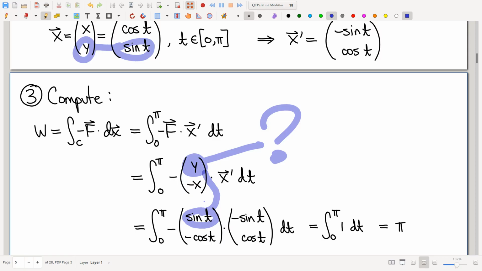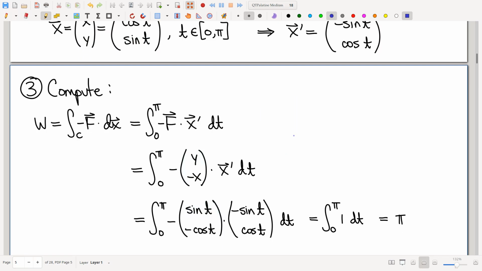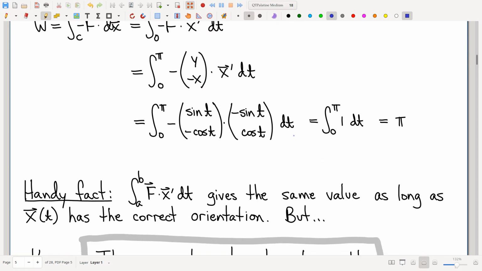And you multiply some stuff out. You simplify conveniently, the Pythagorean identity kicks in, and this turns out to be a nice and easy integral. Okay. So the good news: computing a vector line integral directly from the parameterization is a pretty straightforward process, and